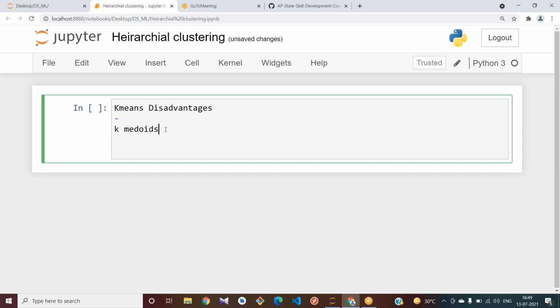K-medoids: in k-means we select the first centroid by calculating the mean of the data points. K-medoids is also one algorithm.